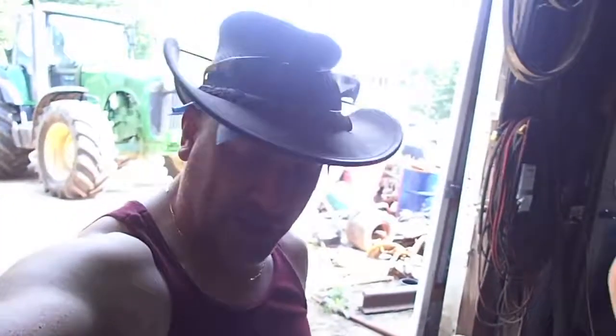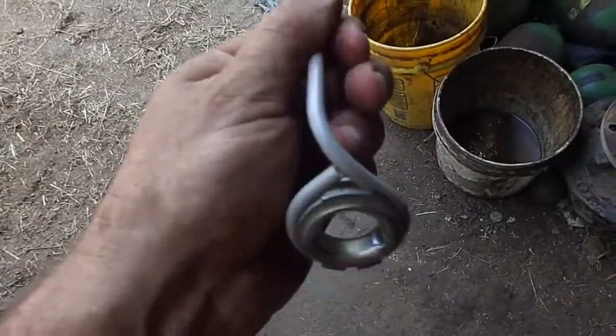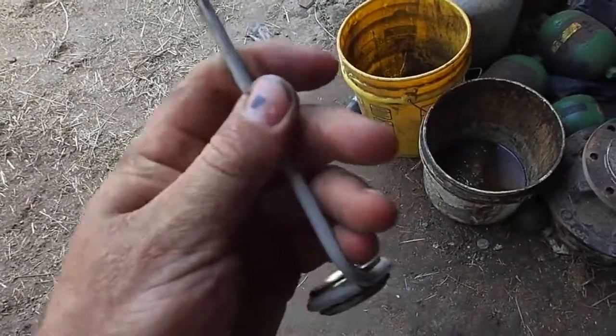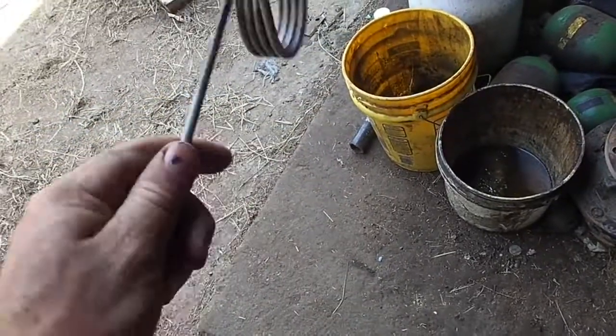Alright, fixing springs is not something I like to do. It happens from time to time. As you can tell, it's hot. I got a blue rag on my head to soak up the sweat because I'm going to saturate my hat. But if you do have to fix one of these crazy springs, because this isn't something that I keep in stock, and I didn't think that it would be that big of a deal